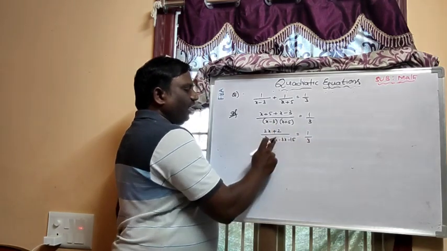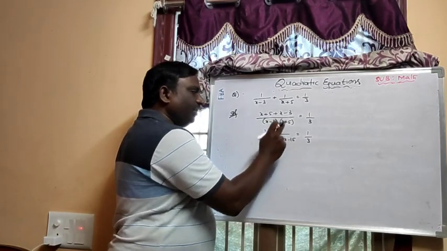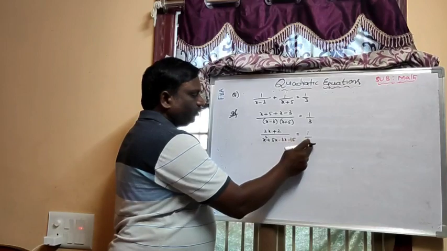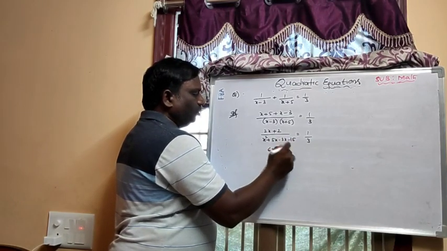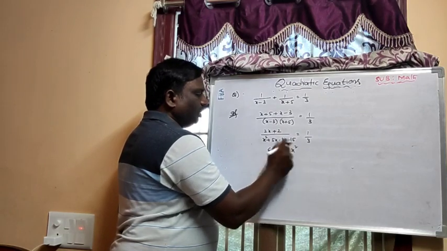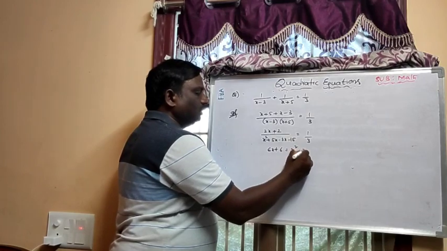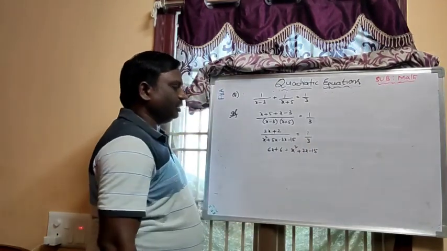x square, 5x minus 3, into x minus 3x minus 15. So do the cross multiplication. So this is 6x plus 6 equal to x square. Now I am simplifying here also: 5x minus 3x is 2x, minus 15. Cross multiplication with 1, then you will get the same expression.